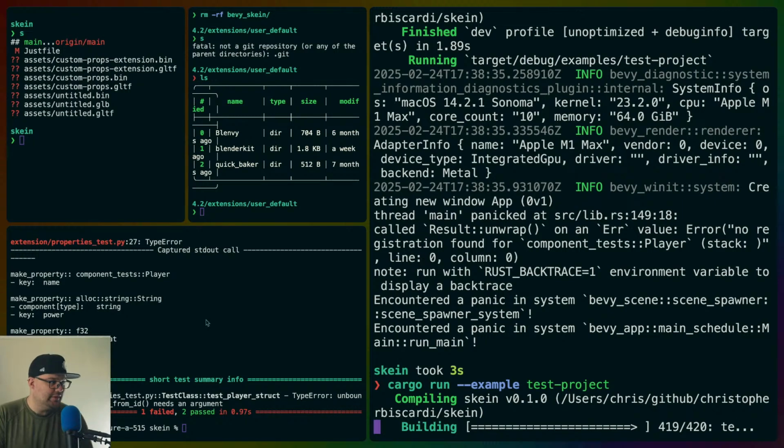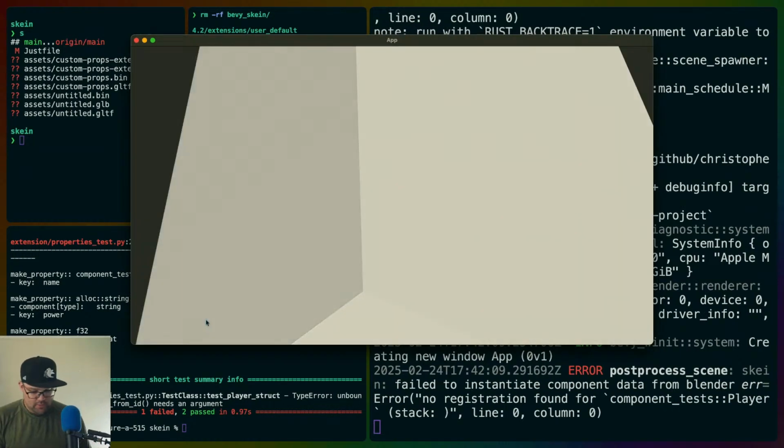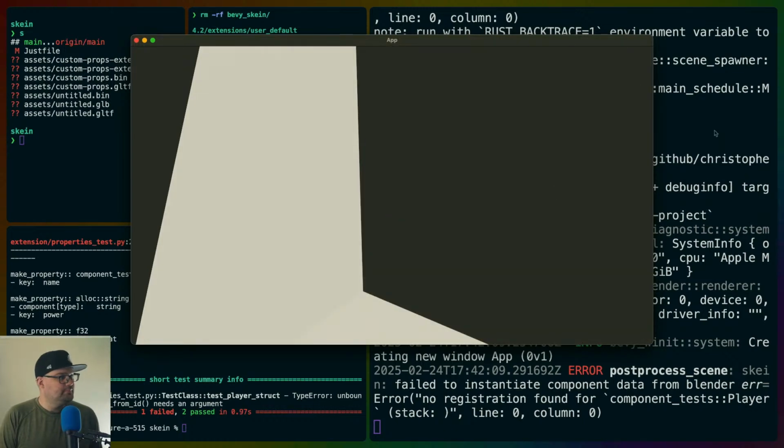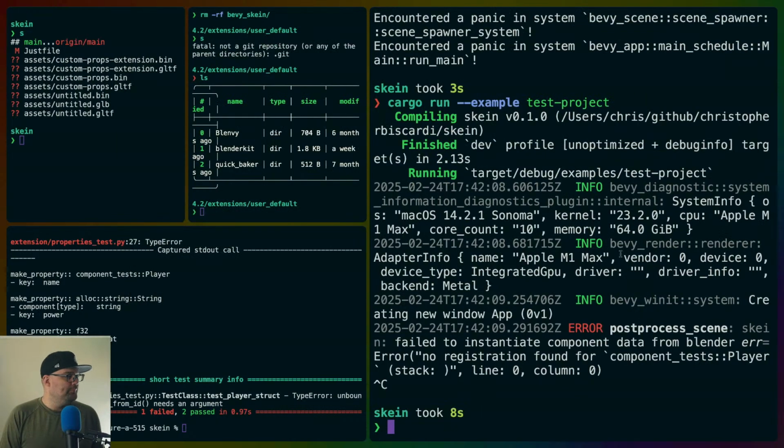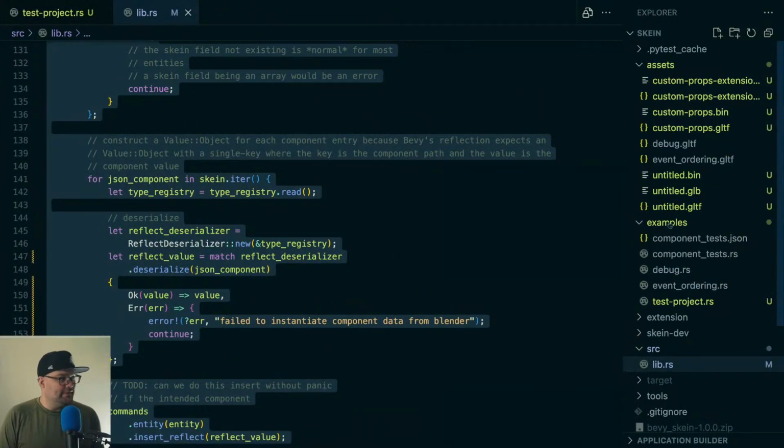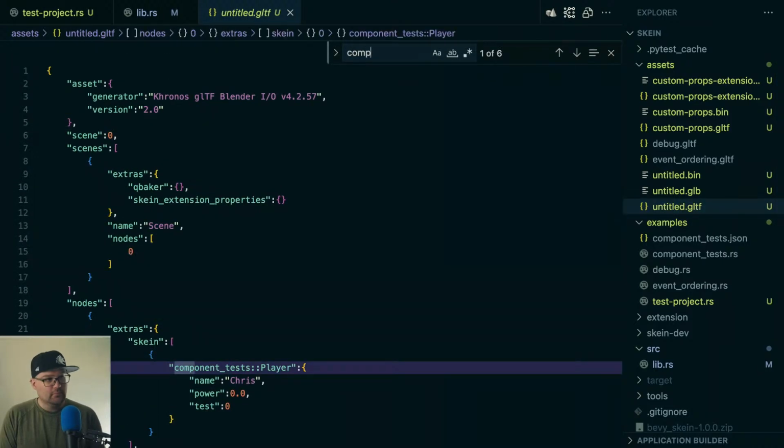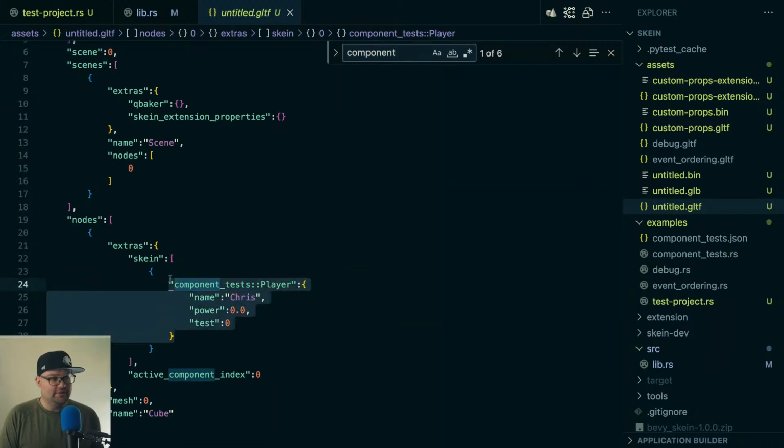So if we run this, we should see an error log now instead, but the application still runs. So now we get error post-processing scene failed to instantiate component data from Blender, and the error is no registration found for component test player, which is accurate because what that says is that component test player exists in this GLTF file that we're loading, but we actually can't put it on the component for you because at the end of the day, what you didn't do